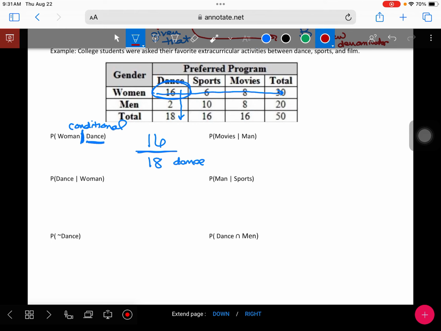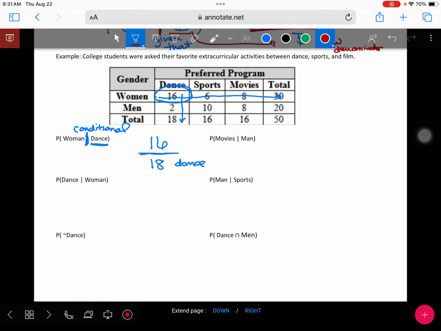Okay. Let's take a look at the one behind it, or just below it. This time, we want the probability that someone likes to dance given that they are a woman. This is conditional. So, given that they are a woman, I want all women here. So, find all of your women. That's going to be a denominator of 30. And now I want women who dance. Still that same 16,